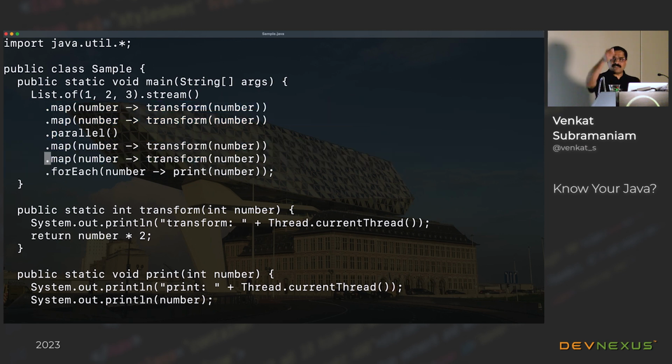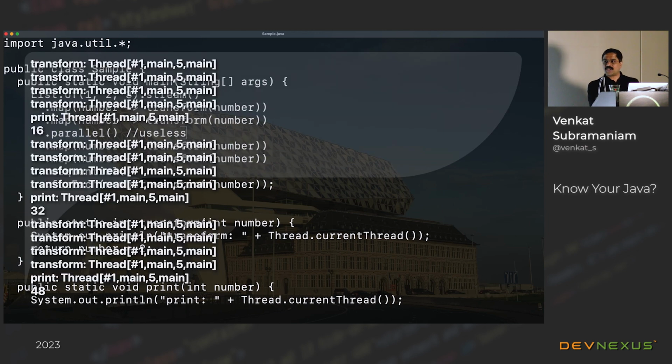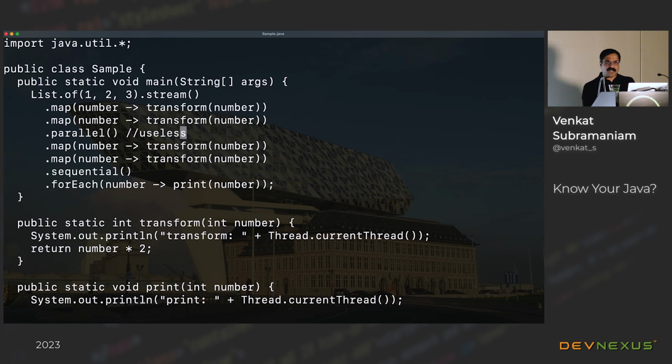However, if you were to give somebody a stream and they take your stream and before the terminal operation they call sequential, then this parallel is really useless. So this is kind of thrown away, and the whole thing is really running in a sequential operation. So the moral of the story is, you don't have segmentations in a pipeline. Your pipeline is entirely sequential execution or entirely parallel. There is no segmentation in it. However, don't assume that's the case all the time. This is where, when you look at a piece of code, you got to be very suspicious.